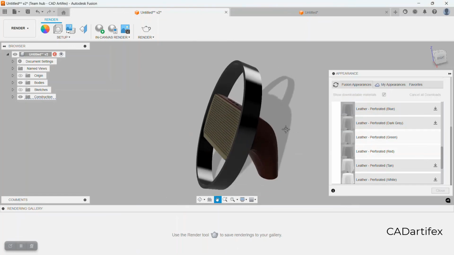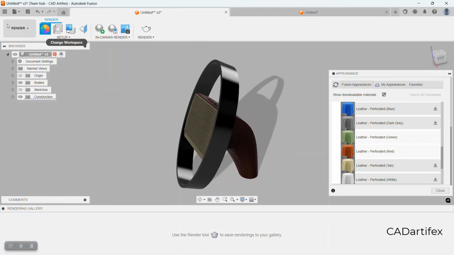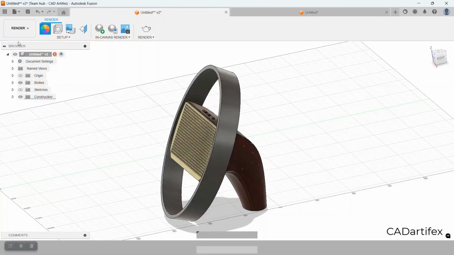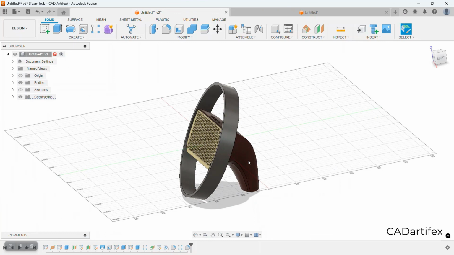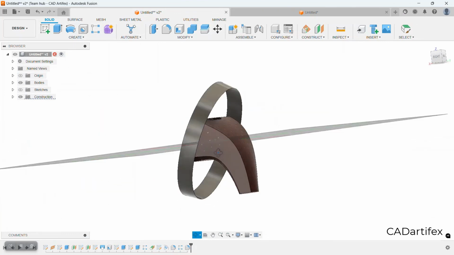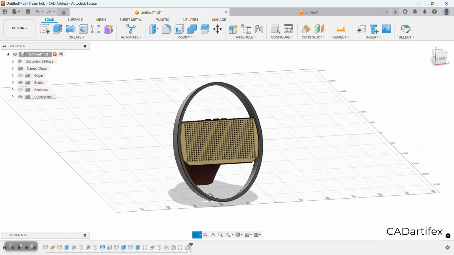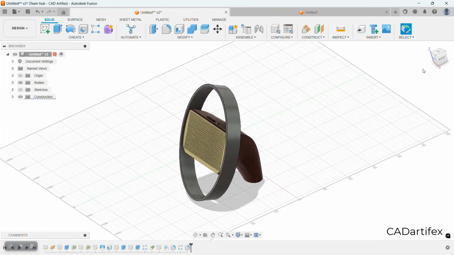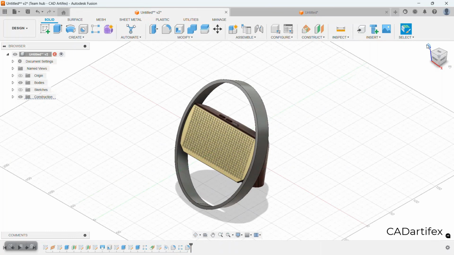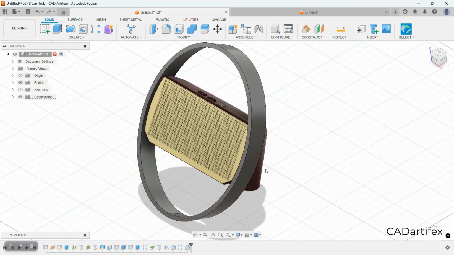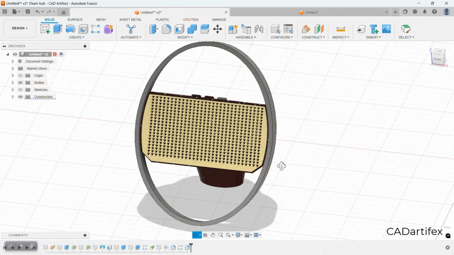Hope our download is finished. Yes. Now let's add the leather. We have added the leather coating. Okay, let's go to design workspace. See, we have designed a speaker from scratch. Hope you have learned how to design a speaker in Fusion 360. In next videos, you will